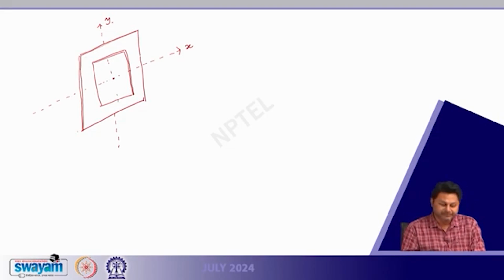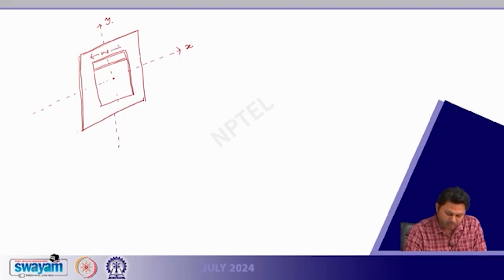This is the origin. Then we have a small strip here with a width, suppose this is a width W, and this is over a height h, small h, and somewhere here we are having the source